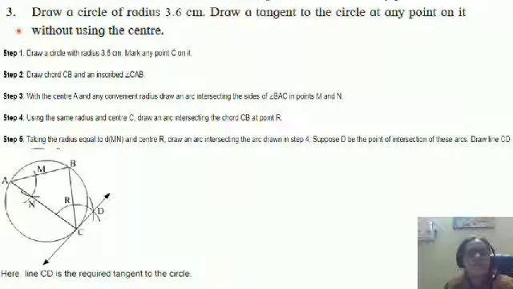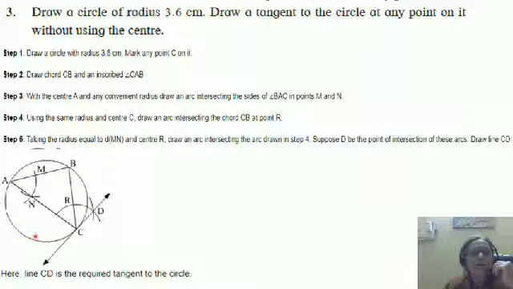Study this another type of sum. Draw a circle of radius 3.6 cm. Draw a tangent to the circle at any point on it without using the center of the circle. Now, steps of construction are given. You are supposed to follow these steps for constructing